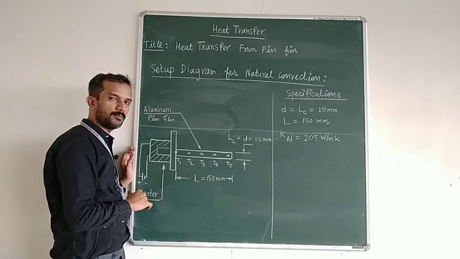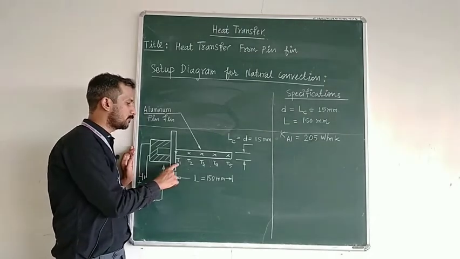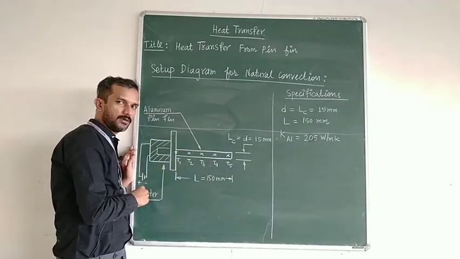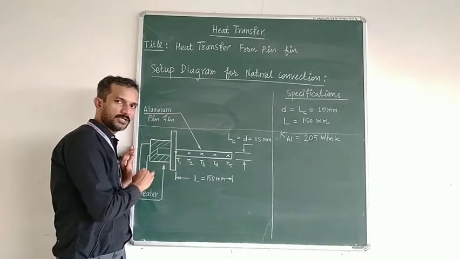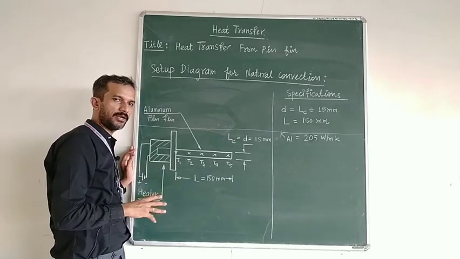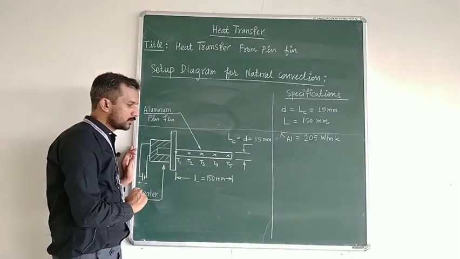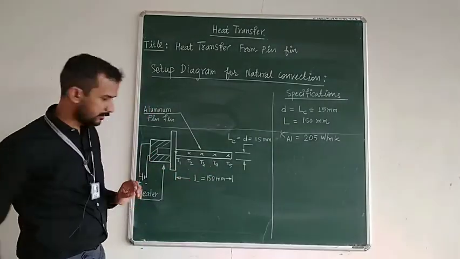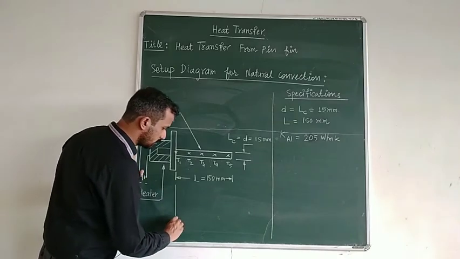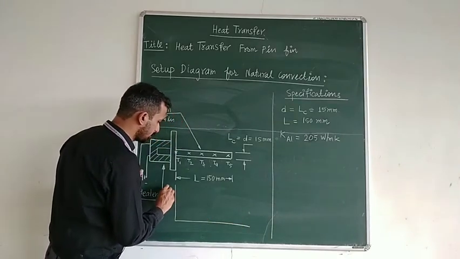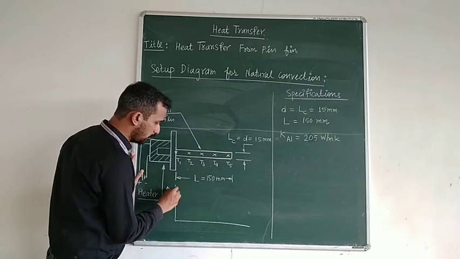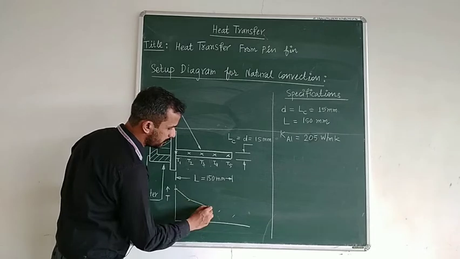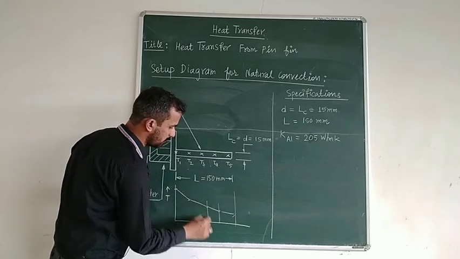There are 5 thermocouples mounted on the fin surface: T1, T2, T3, T4 and T5. Ambient air temperature can be taken with any of the thermocouples before starting the heater, because the manufacturer has not supplied an extra thermocouple for that. The 5 temperatures will give you the temperature profile, or we can say temperature distribution, across the fin. If you plot the values of T1, T2, T3, T4 and T5 on the y axis, it will give you the temperature distribution. That is one of the objectives of our today's trial.